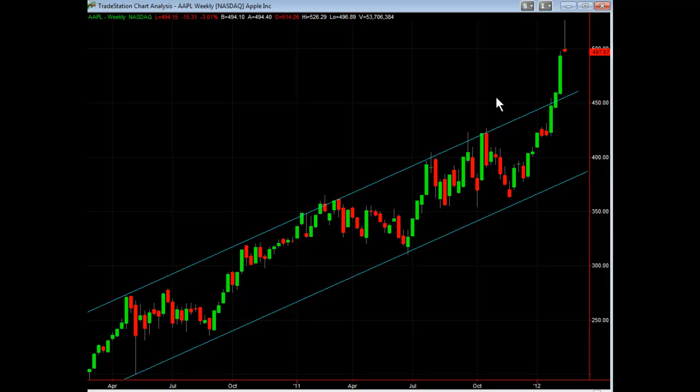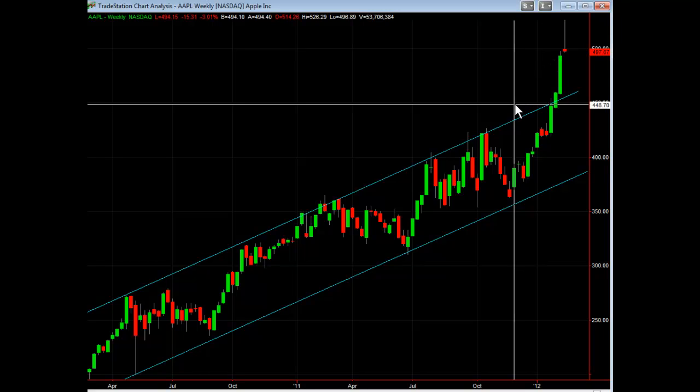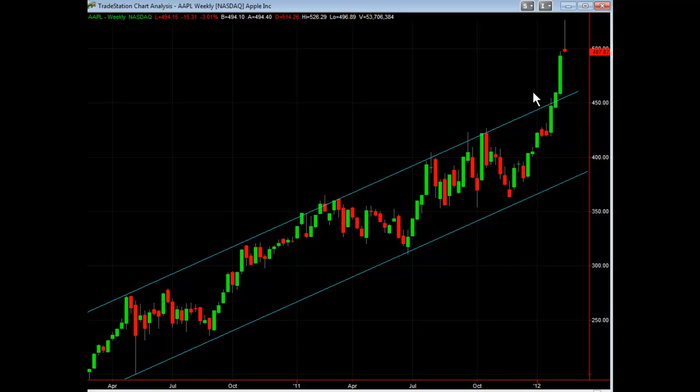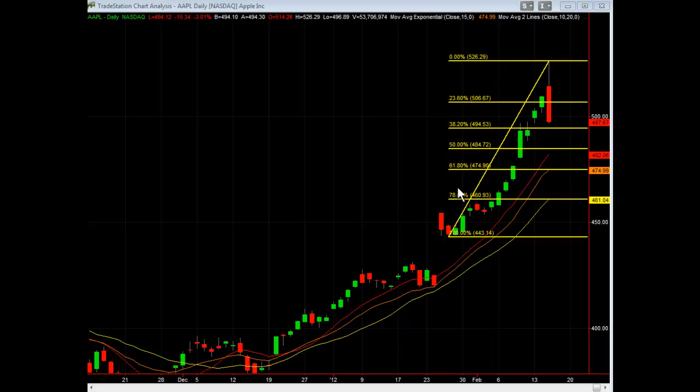It's everybody's favorite stock, and it's acting like a commodity right now with this blow off top. So watch Apple, watch for corrections, watch those Fibonacci retracement levels, and be aware that the top of this channel comes back in around 460, 450, and that would be totally in line with the 786 Fibonacci retracement, which I'll show you one last time. So there's going to be a lot of activity here, people wanting to buy the dips and stuff, but based on what I showed you, there's a really high probability that this thing can retrace back to 460 in this area, the 786 retracement.